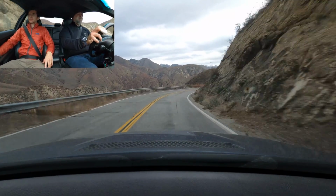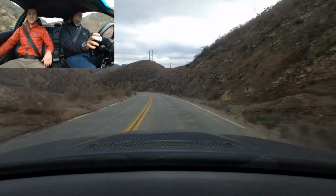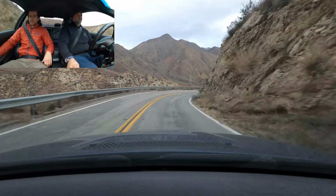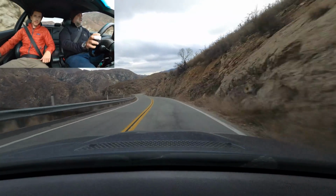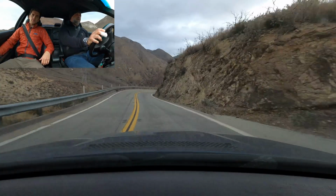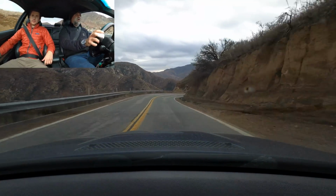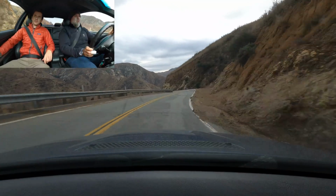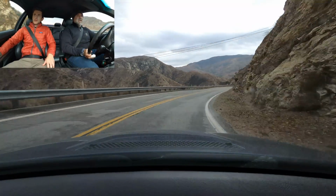I can attest to that. If you're one of the people that likes to drive at the absolute edge of grip in the canyons, first off, you're an asshole. That's not what canyons are for. Go to a track. I might not buy these in California because it doesn't rain enough to make good use of them. But if I lived in Seattle or Portland or Chicago or the New York tri-state area, the Northeast, and I wanted a tire that I could go pretty quick on, but that wouldn't hose me out in the wet, it's